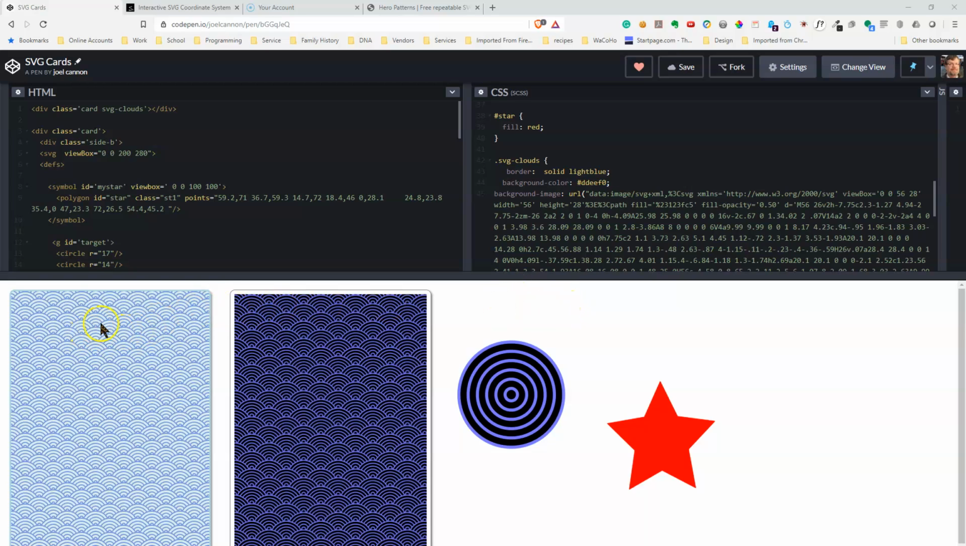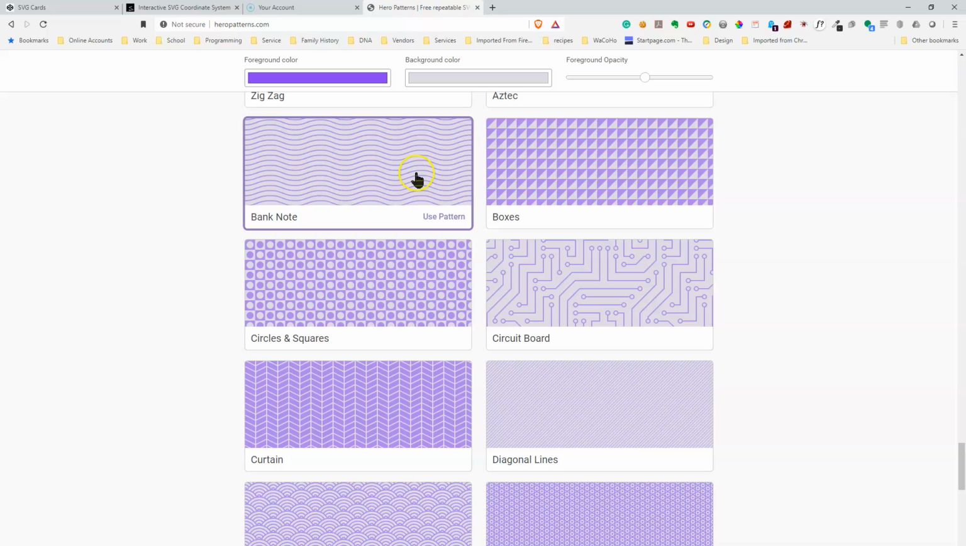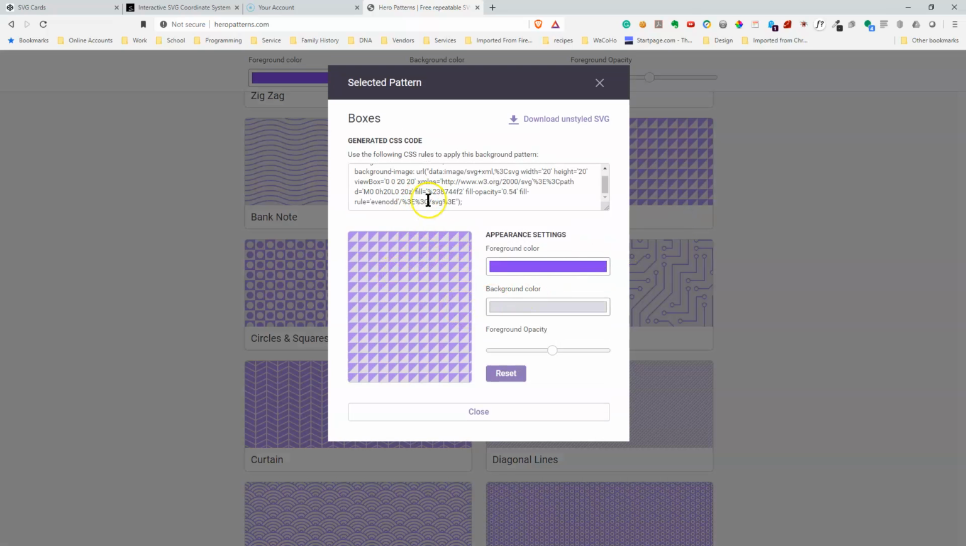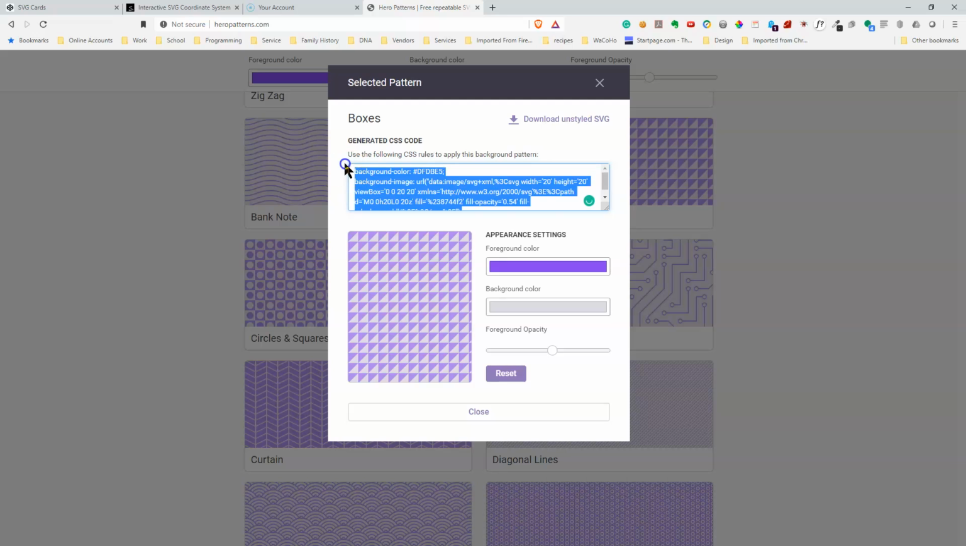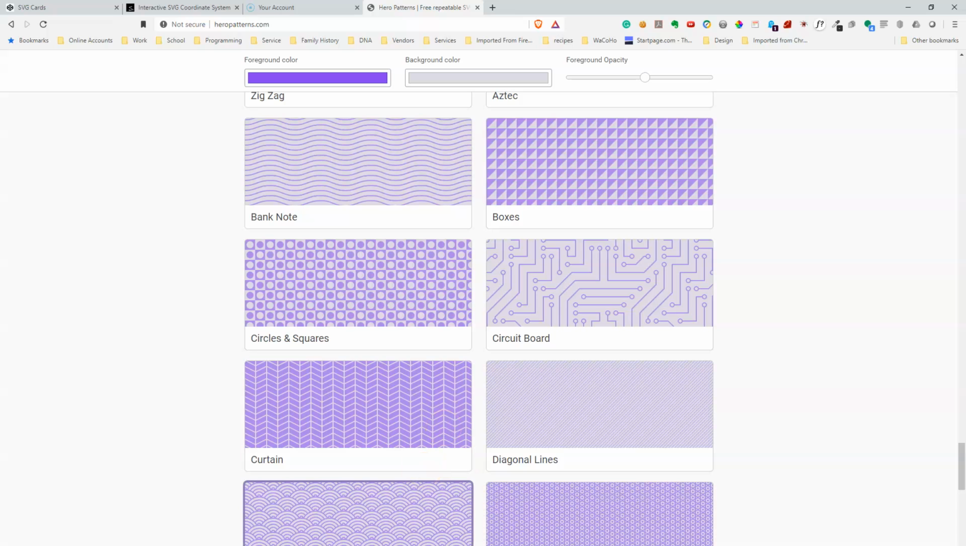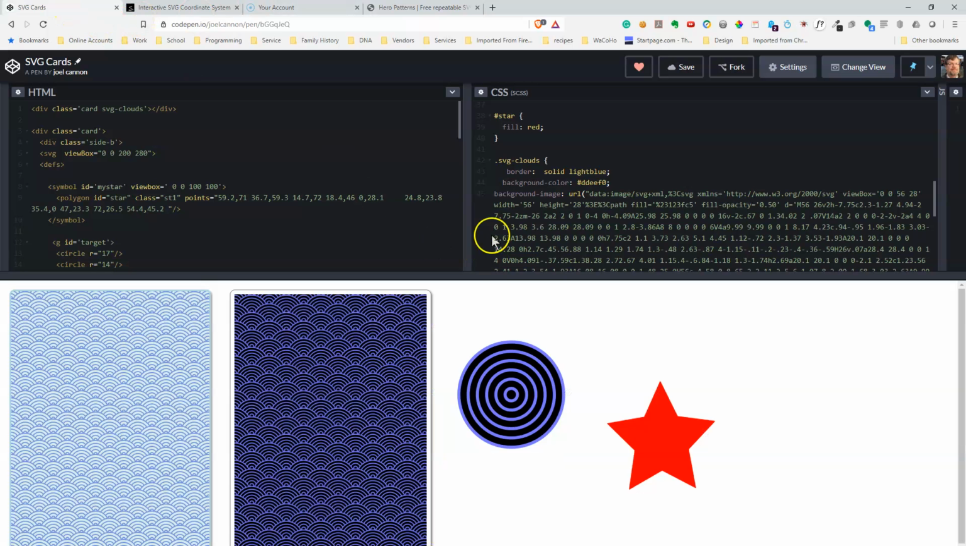I started off researching SVG patterns, and I found this really cool site called Hero Patterns, and they've got a bunch of pre-made patterns. Let me show you this really simple one. When you click on this, you can download it, and like this one, that's all the code that you need to be able to draw that pattern. And I picked the clouds one down here at the bottom, and I just copied and pasted